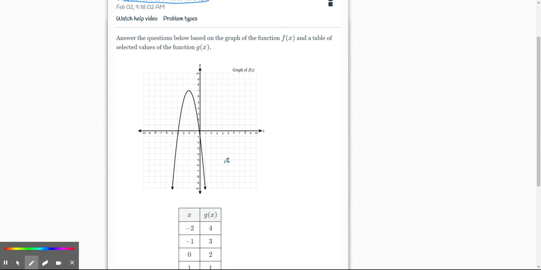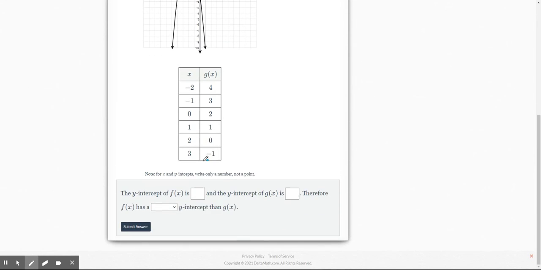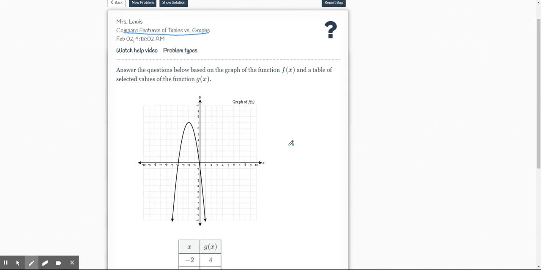Okay, so first we're going to figure out what we're looking for. When we scroll down, we can see that we're looking for the y-intercept. So before we even get started, let's talk about what we know about the y-intercept. For one, in terms of a graph, it's where the graph crosses